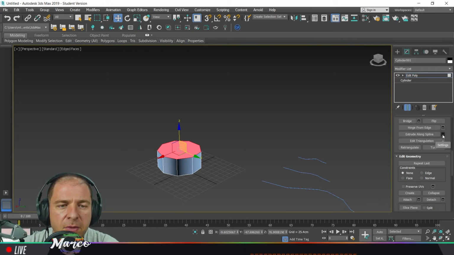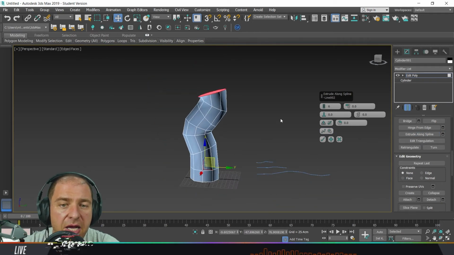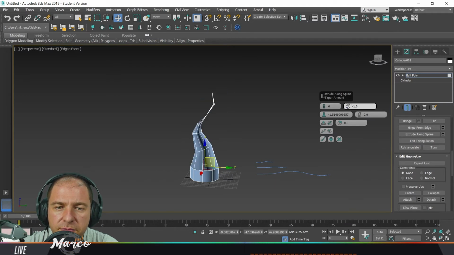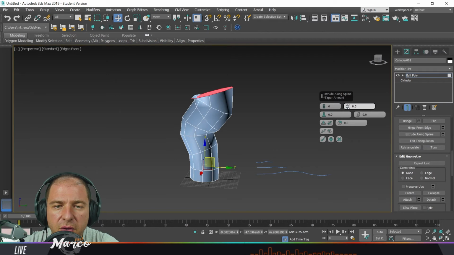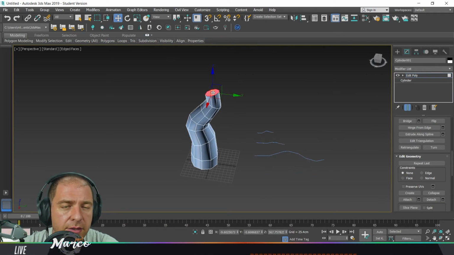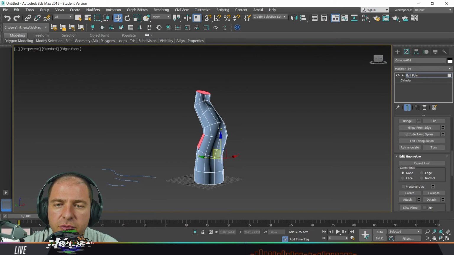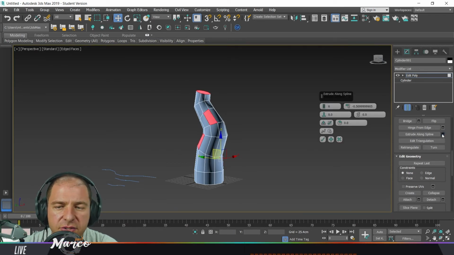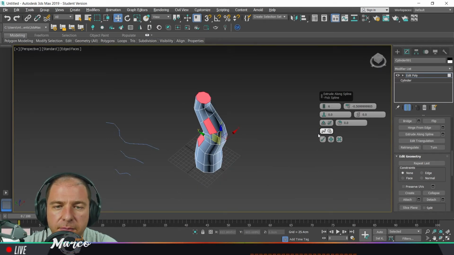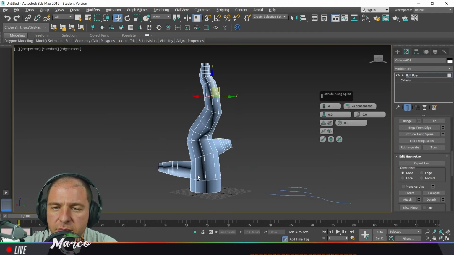I mean, this would be very fast by using extrude along a spline, and I will pick my bigger spline, and maybe I will use taper here, 2, and this is 0, so to make the top of the tree become a little bit smaller. But then I can pick the top, and by holding Control, I can pick this polygon, Control this polygon, Control that polygon, click again, extrude along a spline, pick my second spline, this one. So pick the spline and pick the spline, select these polygons exactly,